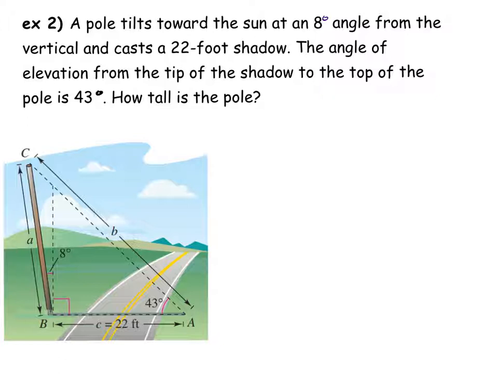What we're after here, based on all this information about the diagram, is the pole. Okay? And here's the thing. It kind of seems like we don't have enough information. We do. They're trying to be tricky and hide the fact that this angle right here is 98 degrees. Okay? Because it's 8 degrees past vertical. Okay? So here I have two angles, but the side length is in between, which we call ASA, or